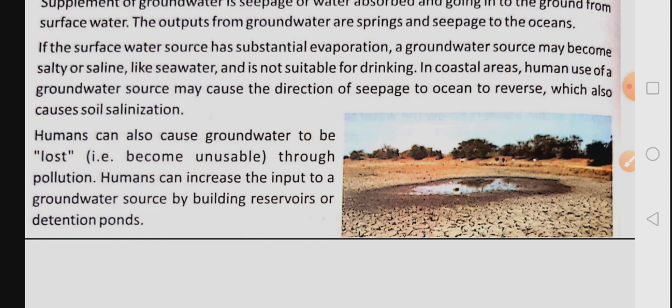Those chemicals get mixed with the underground water, they make it toxic, poisonous and unhealthy for us, and that is how we lost fresh water, because now it has become toxic.